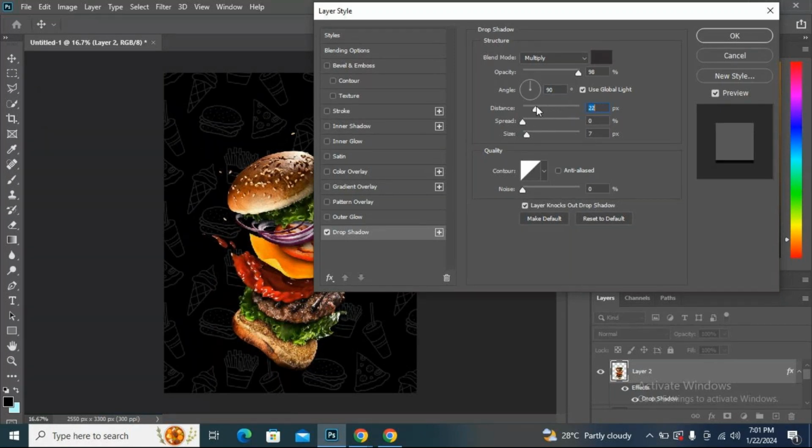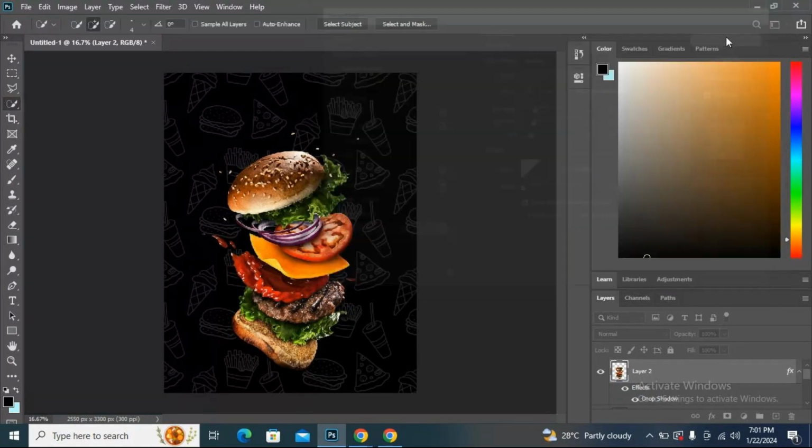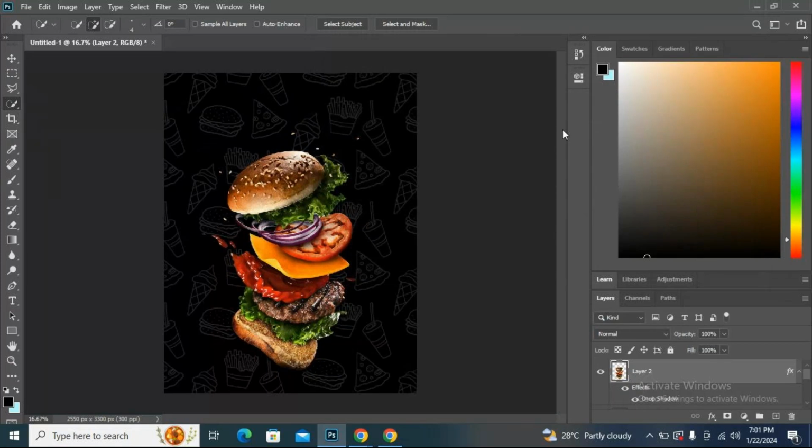Let it be this much, and if you spread, it will spread. If you increase the size, it will increase the size. So let it be this much. I'll just give OK to this, and after giving this,